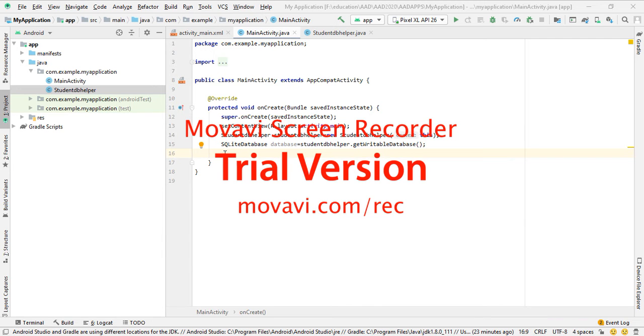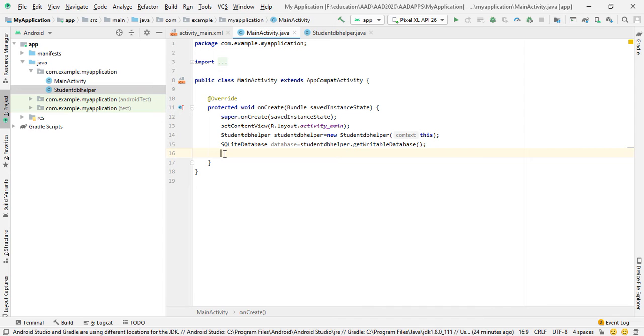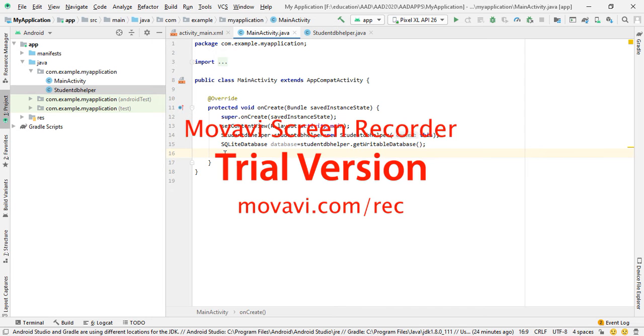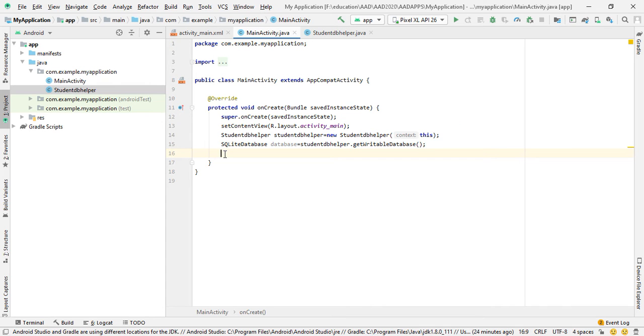Now to insert a record inside our database we need to create something called ContentValues. ContentValues is a class. Using this you can insert values inside our database. Let's say we have a table student.